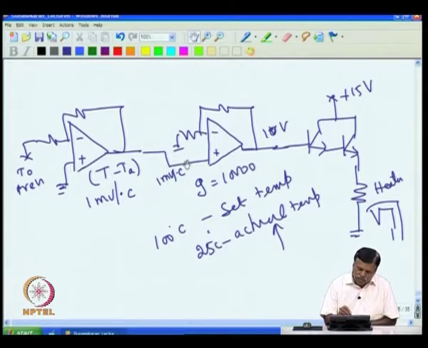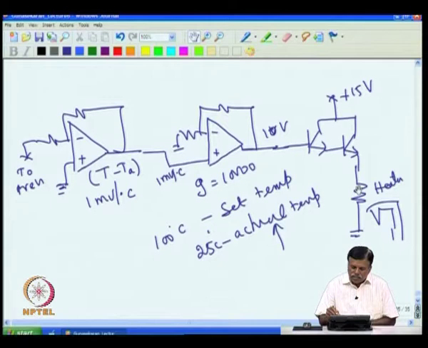That means once the temperature rises, then at very close range this voltage will come down and this voltage also will come down and the heating also comes down. But at some point whatever heat is generated by the heater will be equal to the heat that is going out. At that point it will stabilize. That is the idea of this